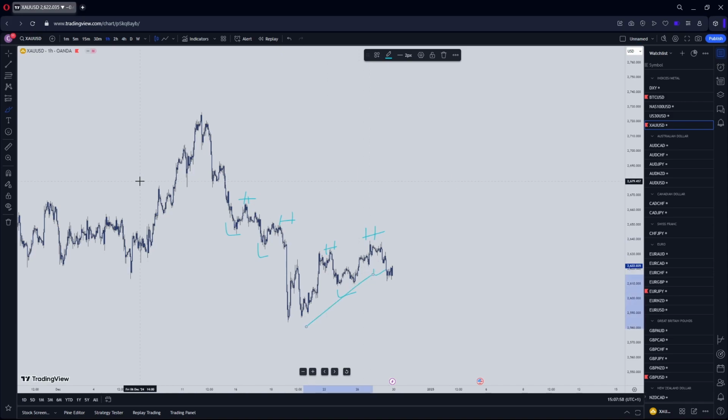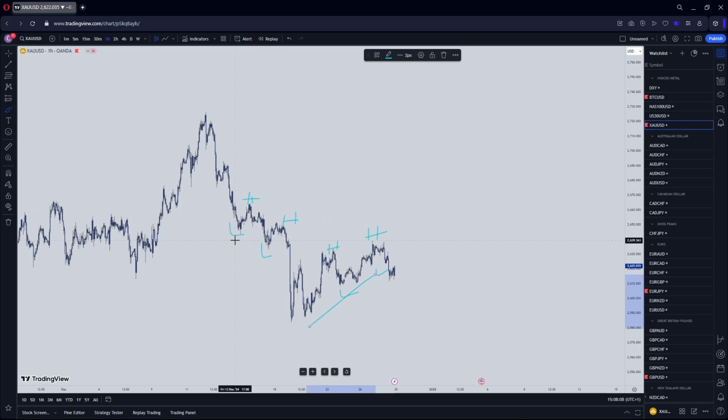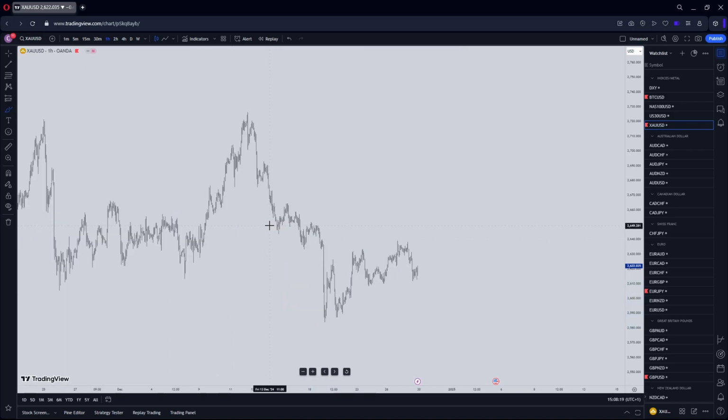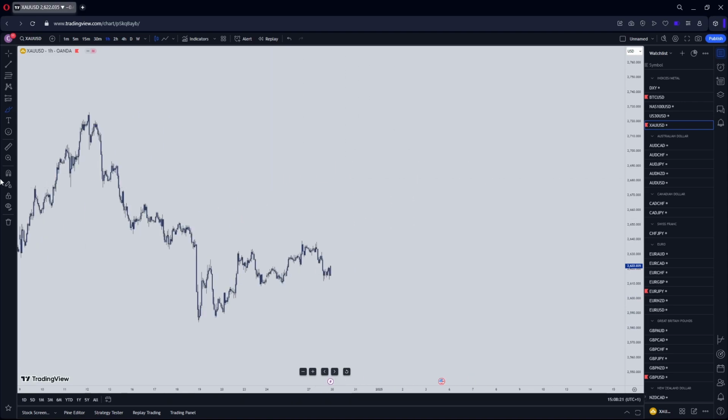I will teach you a more advanced way to understand the changes in structure, but it is only when you have understood the basics that you can understand more complex ideas. But honestly, this is very easy. There is nothing complicated about market structure. There is nothing crazy about it. All you just have to understand,